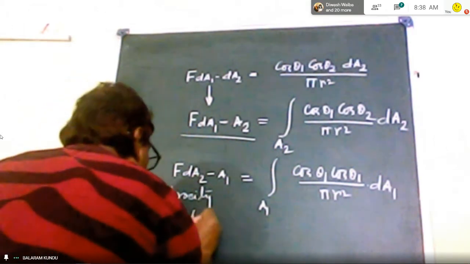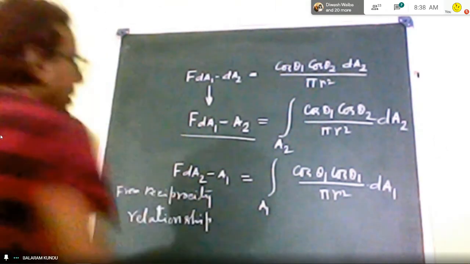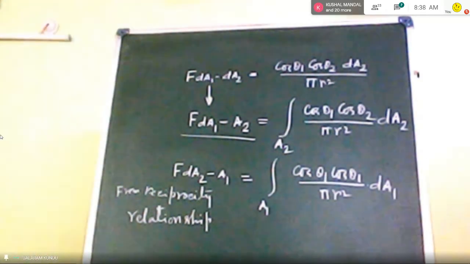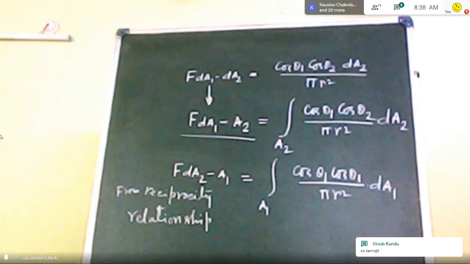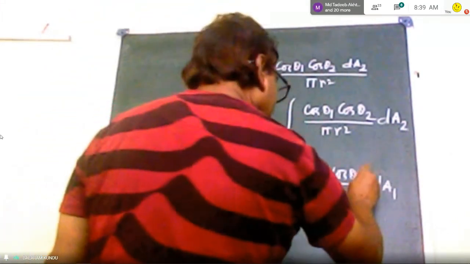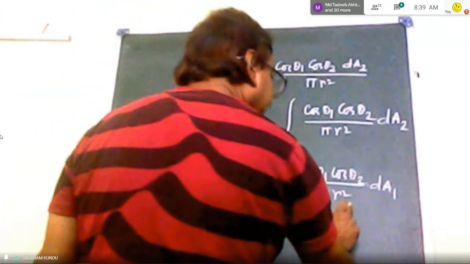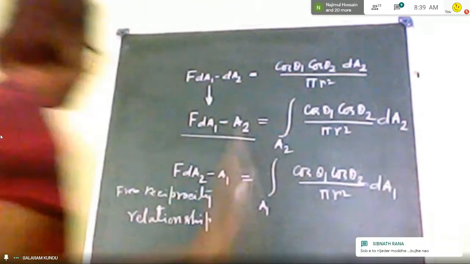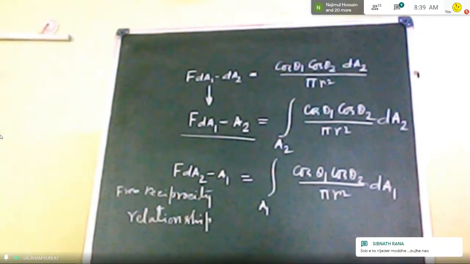Sir, that will be theta 2, sir. Sir, integration A1. Integration A1. Cos of theta 1 into cos of theta 2, oh yes, that will be pi square into dA1. Yes. So from reciprocity relationship,